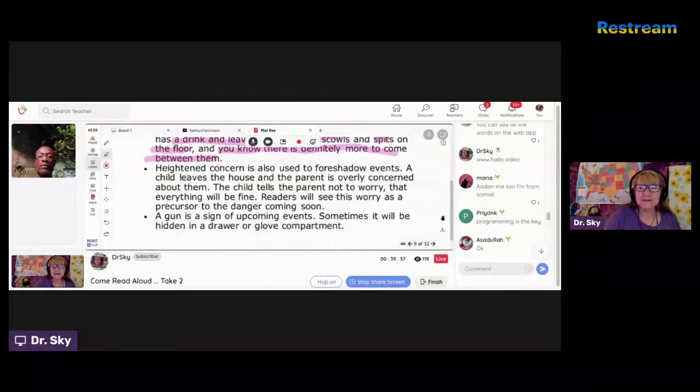Okay, I'm going to bring it up. Let's keep going. Heightened concern is also used to foreshadow events. A child leaves the house and the parent is overly concerned about them.